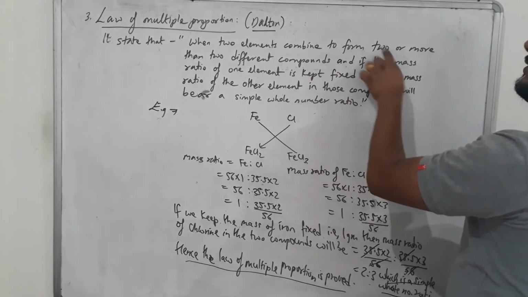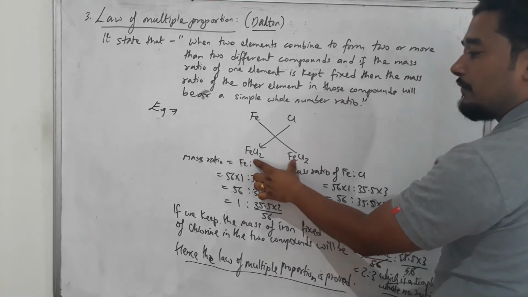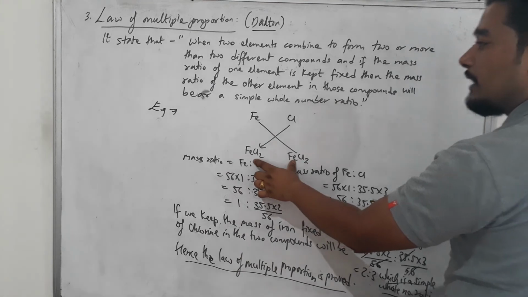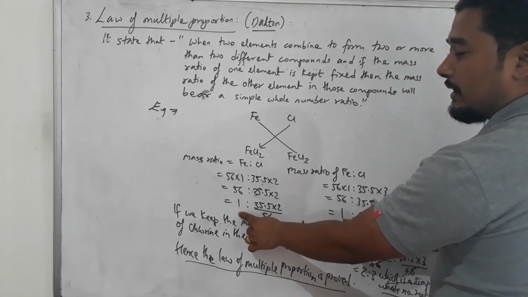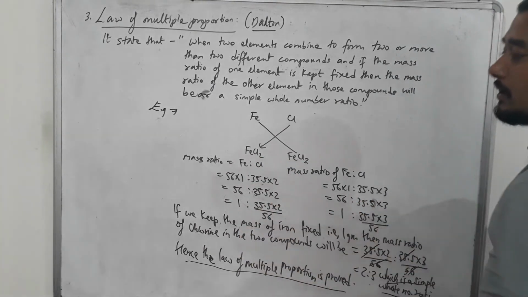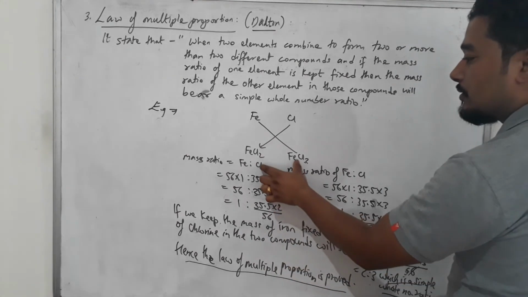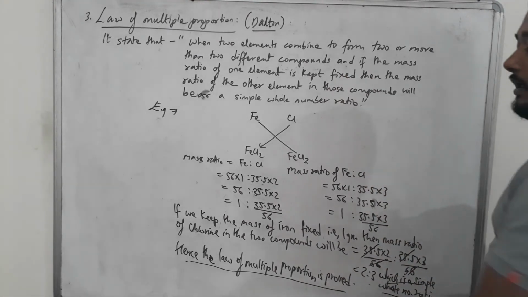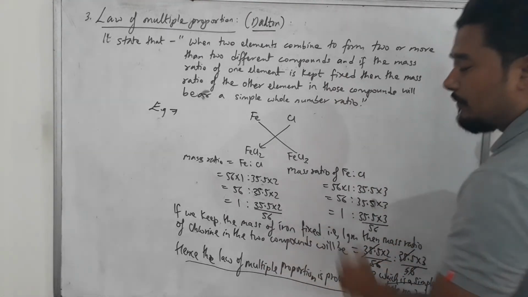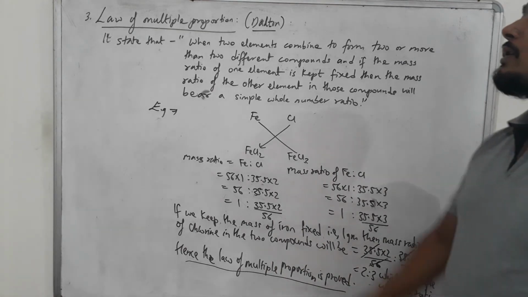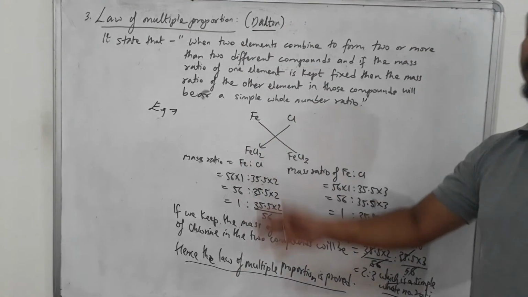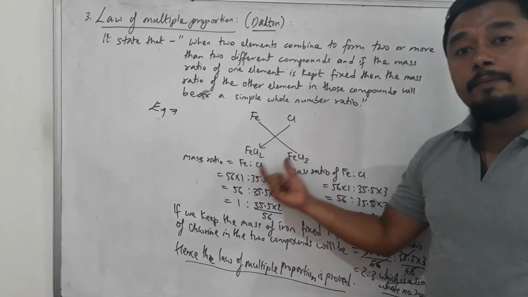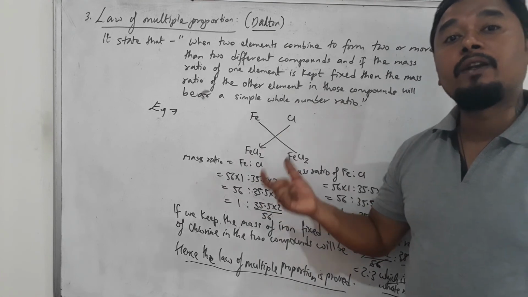When 2 elements combine to form 2 or more than 2 different compounds, right now only 2, sometimes it may form more than 2, then we have to keep the mass of one element fixed. I have taken iron here. Then the mass ratio of the other element in those compounds, here chlorine, will be a simple whole number ratio. This is the statement of the law, and if such a ratio comes, the law of multiple proportion is proved. So when you do the numerical problem, you have to do it in the same way. 2 or more than 2 different compounds will be given to you. Make one element fixed, find the ratio of the other element, and if it comes as a simple whole number ratio,